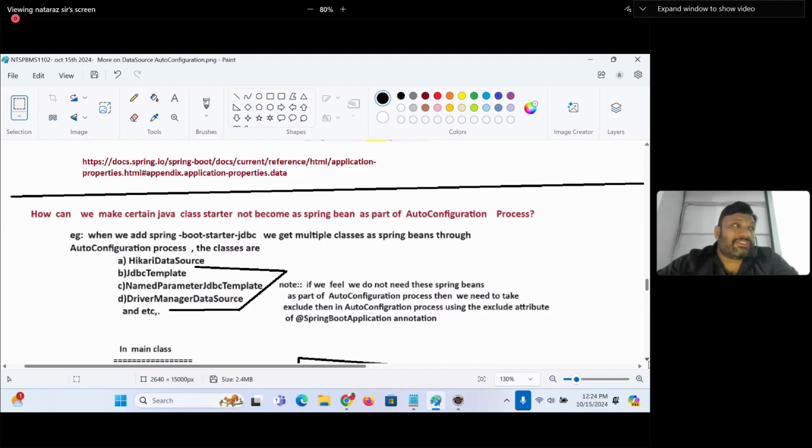I don't want to see they are coming. I don't want to see they are involved in what? Auto configuration activity. So what can I do this? When we add